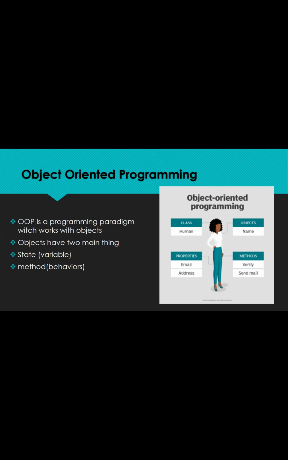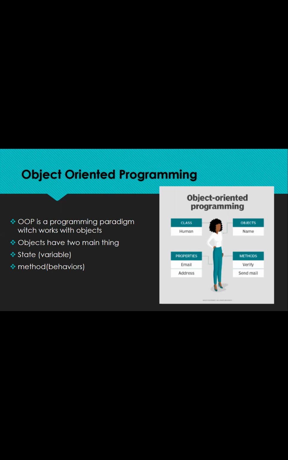So to identify this object we can name it; each name can be used, or else an ID number or a registration number can be used. And then these objects have properties, as you can see, email address and all these are known as properties of